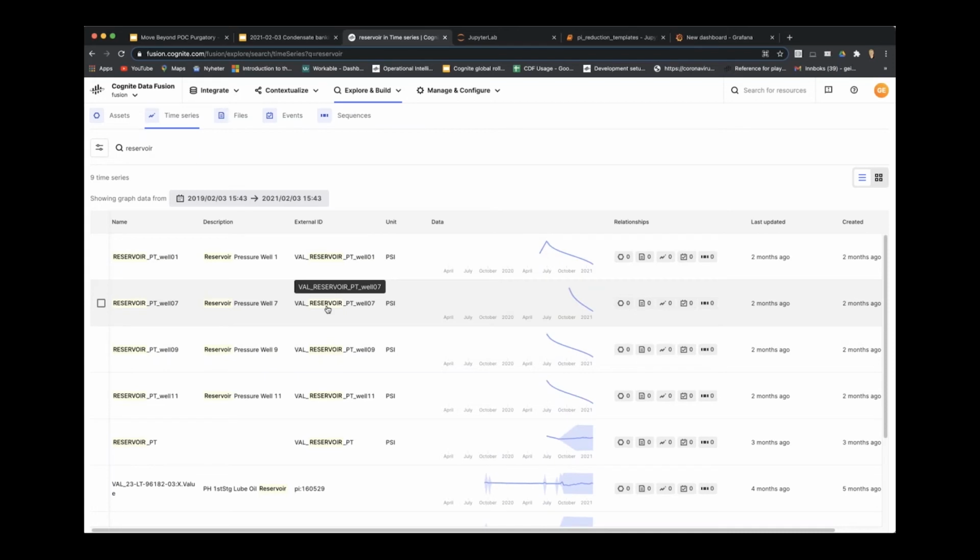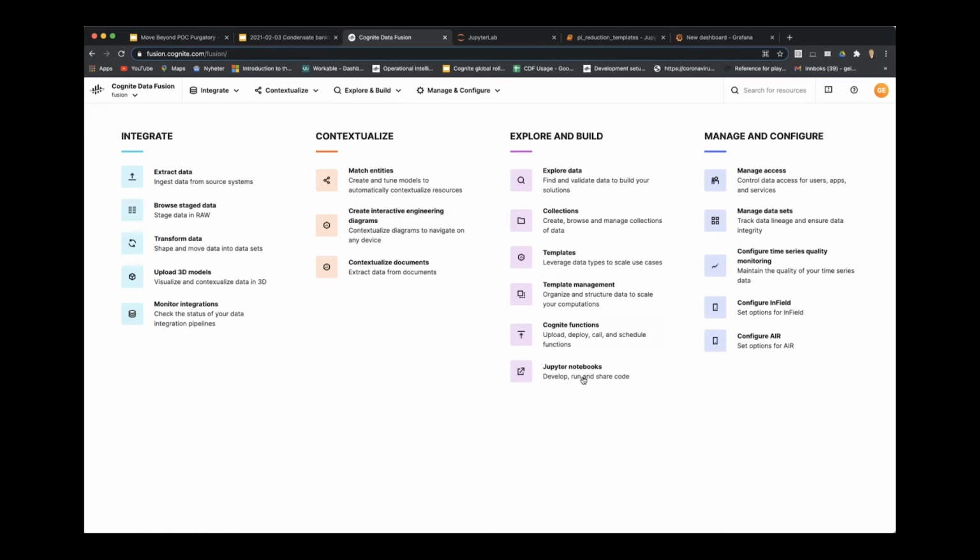So my next step as a data scientist here is probably to start to experiment with this data and build my model, which I'll do in a Jupyter notebook. And once I'm happy, actually I can do that in the context of Cognite Data Fusion as well, as there is this Jupyter notebook section, which we'll look at later.